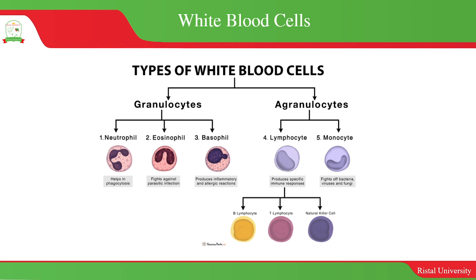So the white blood cells can be divided into granulocytes, those that have granules in them, and then the agranulocytes, those white blood cells that do not have granules in them. Okay, now the granules are these small dots that you see in the cells. So the granulocytes include the neutrophils, the eosinophils, and the basophils. And then those that do not have the granules include the lymphocytes and then the